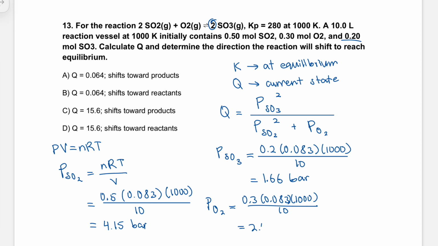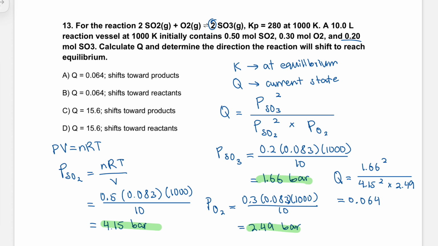And this will be 2.49 bars. Okay, so we've calculated the pressure for each of the gases, and now all we have to do is plug in to the equation. So Q is 1.66 squared, sorry, this should be multiplied, over 4.15 squared times 2.49, and we will get 0.064. So we can eliminate these two, but does it shift towards the products or does it shift toward the